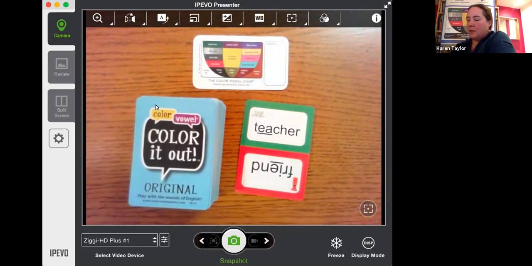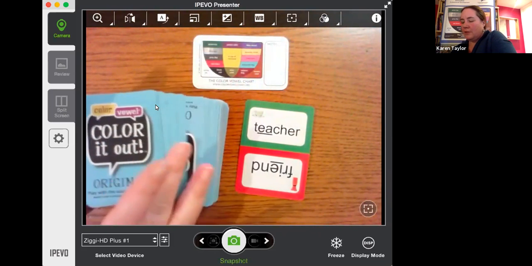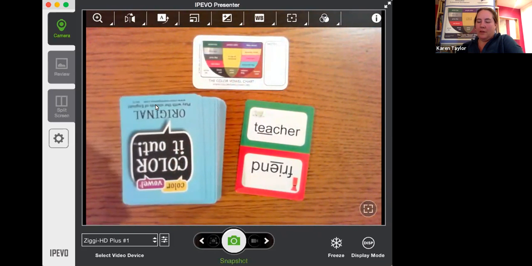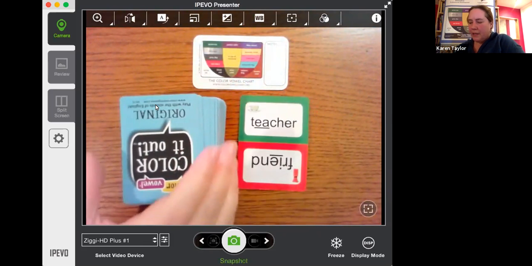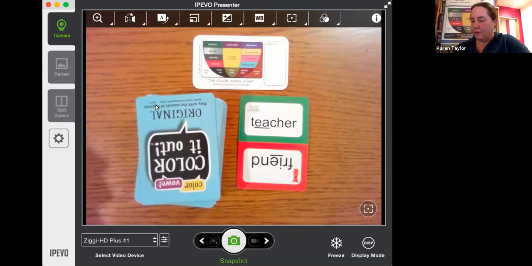But 7 is a nice number, and I'll just deal myself 7 cards. 1, 2, 3, 4, 5, 6, 7-ish. Okay, so I'm holding up my cards. There's a discard pile. And what we'll do now is I will look for a card in my deck right here